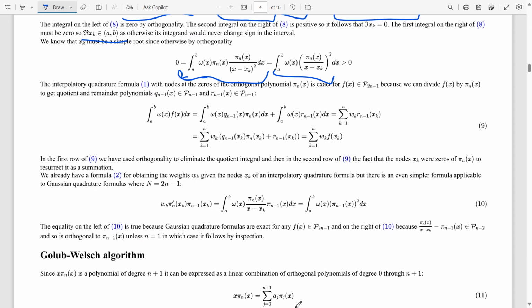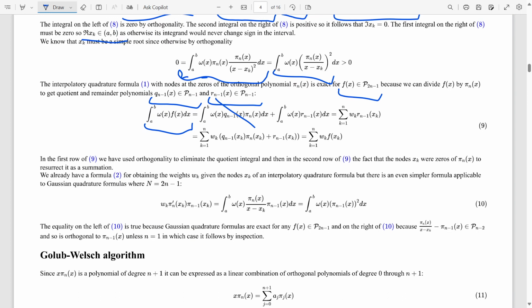Okay, if f of x is a polynomial of degree at most 2n minus 1, we can divide it by pi n of x to get a quotient polynomial, q n minus 1 of x, and a remainder polynomial, r n minus 1 of x, both of degree at most n minus 1. And now we try to perform our integral, and we find that this quotient part vanishes by orthogonality,